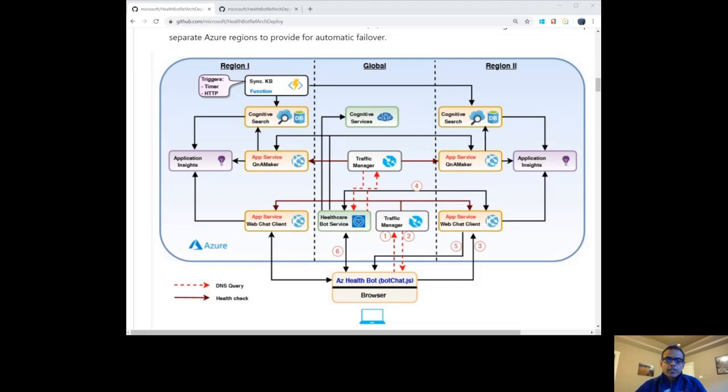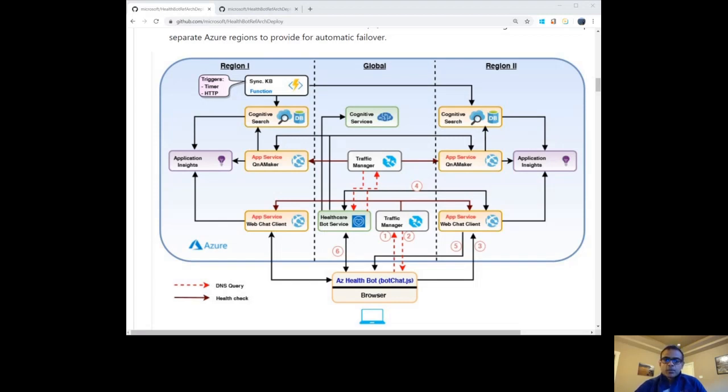Now let's quickly dive into the operational architecture of the Azure Healthcare Bot service. The web chat client application is used to authenticate and bootstrap end-user browser sessions with the Azure Healthcare Bot service. For authenticating the end-user browser session, the chat client exchanges a web secret for an ID token from the bot service and forwards the token to the browser. This is depicted in step 5 in the diagram. Once a user is authenticated, a persistent WebSocket connection is established between the web browser and the HealthBot service endpoint. This connection is then used for the entire duration of the user's chat session with the bot, and this is depicted in step 6 in the diagram.